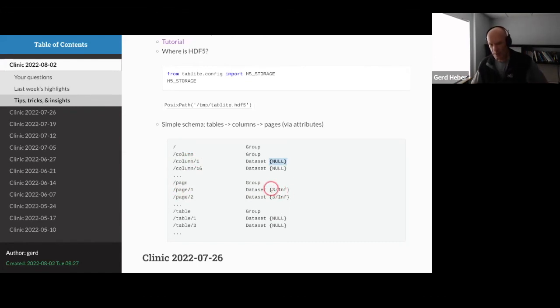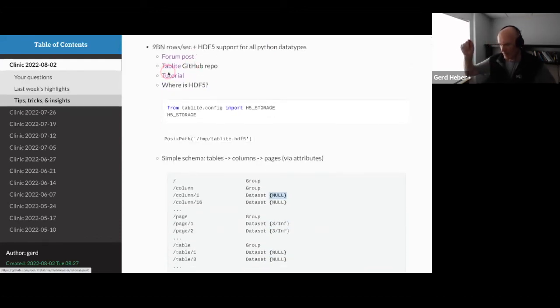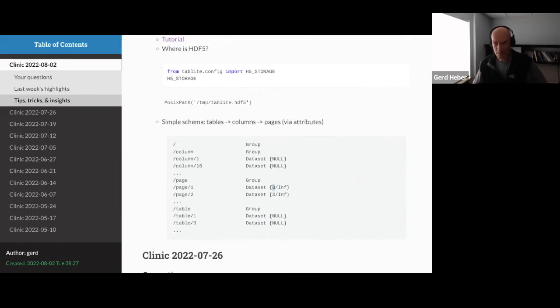In this case, since I just used his Mickey Mouse example of a table with 3 rows, this is the number of rows of the table, because the pages are so large that the entire column fits on one page. But if you had a table with a large number of rows, then generally speaking, you would have multiple pages for a given column. It's amazingly simple and effective.